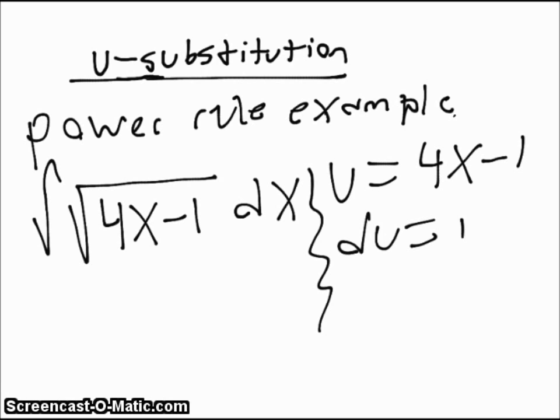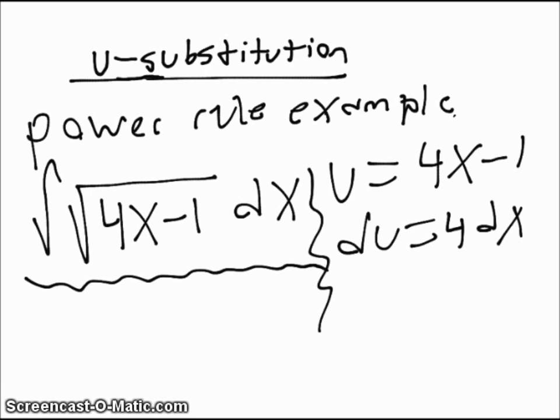It'll just be 4 times dx. So now that you have u and du picked out, you can rewrite it with u substitution. But we need to remember something, which I almost forgot myself, is that du here is 4x. And so what you need to do is you need to make it so that you have that in here. And so the best way to do that is to throw in